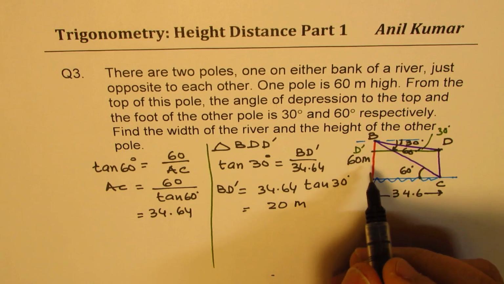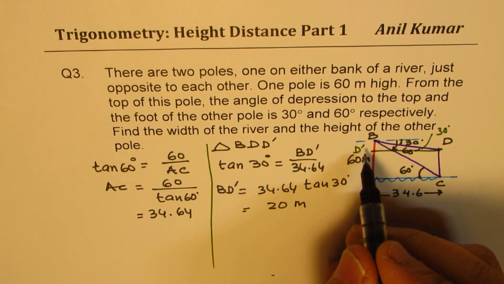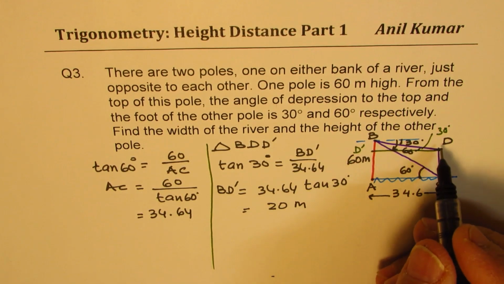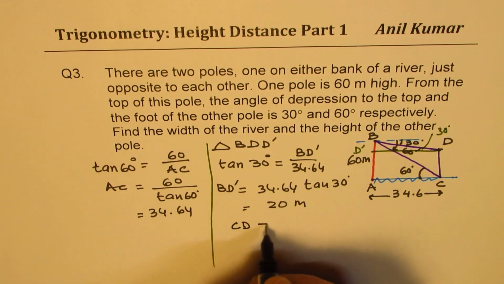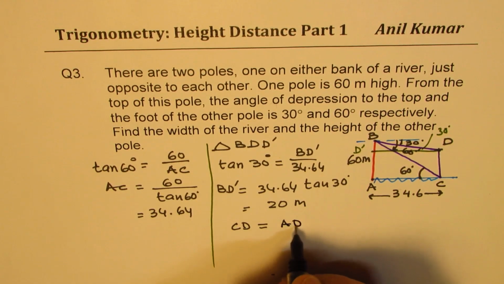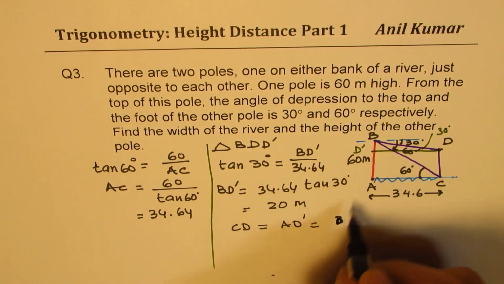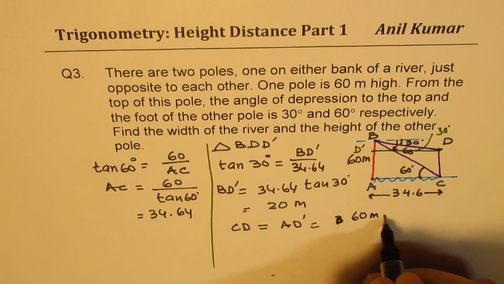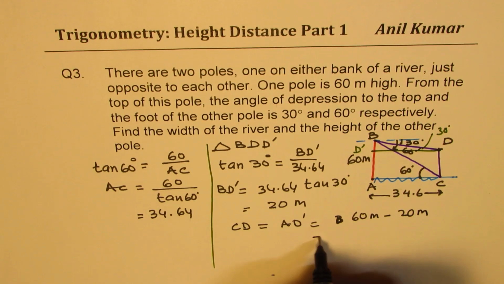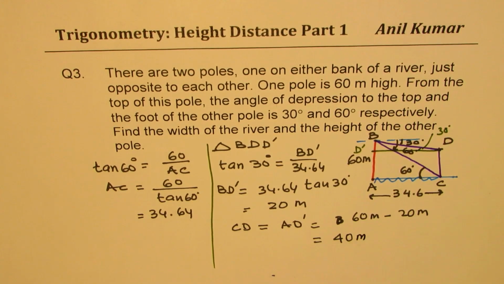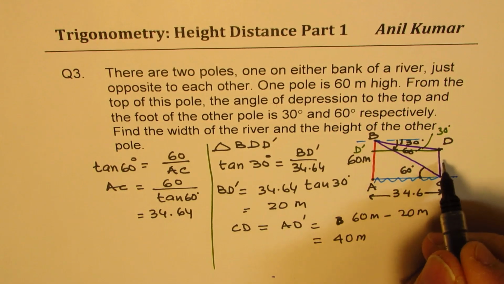And we know that the height is 60 meters in all, right? So C to D is basically equal to A to D dash, right? Which should be equal to 60 meters minus 20 meters, and that gives you 40 meters as your height of this particular